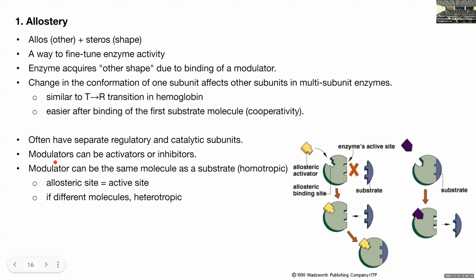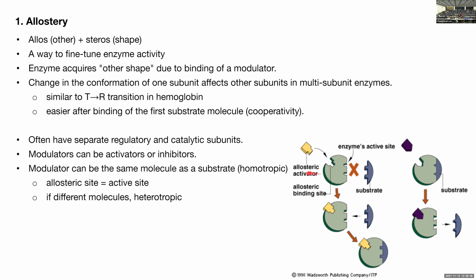Because all the subunits are attached to each other, and you can just consider one subunit as an allosteric activator for the other subunit. So in this case, of course, they're going to have two different subunits or sites, right? One for the regulation, the other for the catalysis, the active site. So they typically have separate regulatory and catalytic subunits, and can be either activators or inhibitors in terms of the allosteric